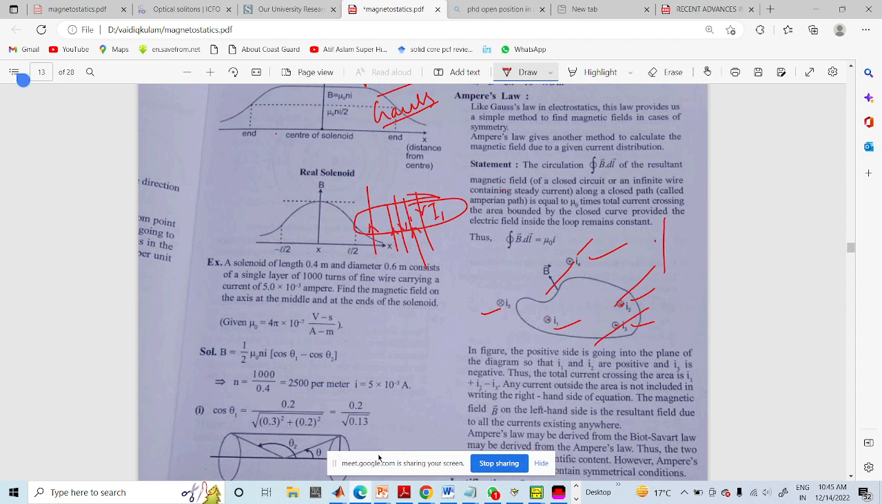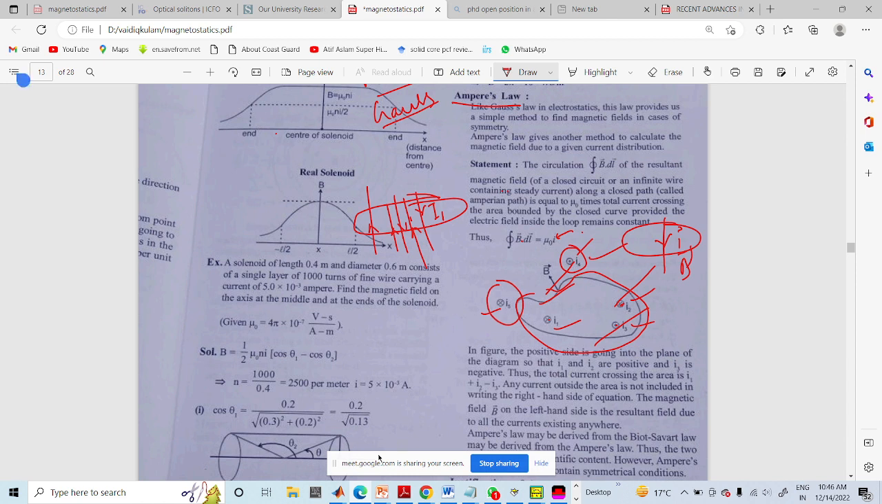Because of a current carrying wire, we know there is a magnetic field all around this wire. So Ampere suggested that if you integrate B dot dl all around the loop, that will give mu naught into I, where I is the current enclosed in the boundary. I4 will not come into the picture, and I5 will not come into the picture,